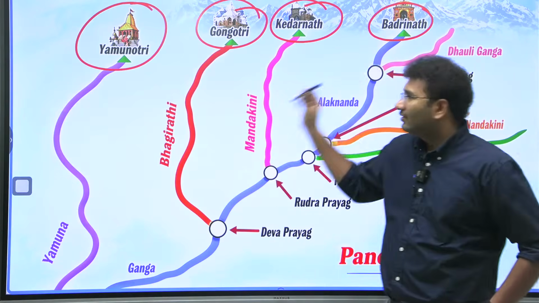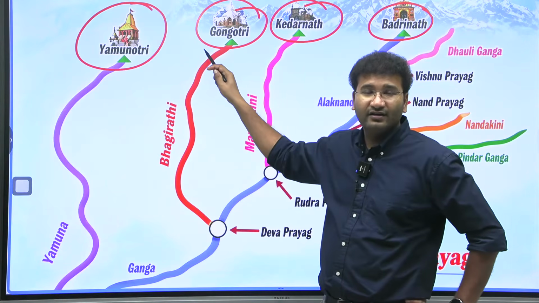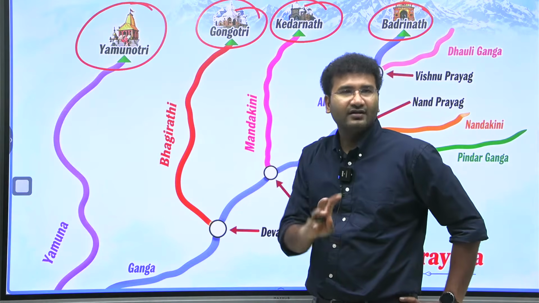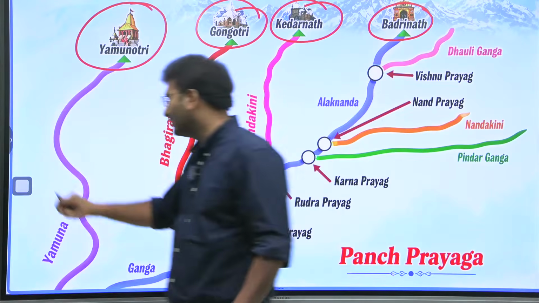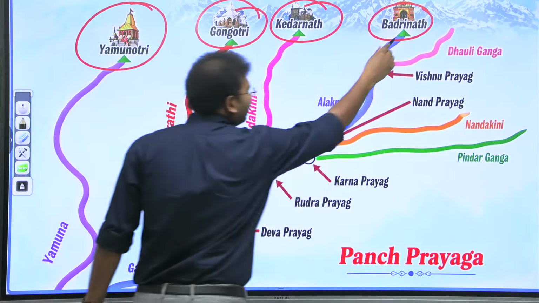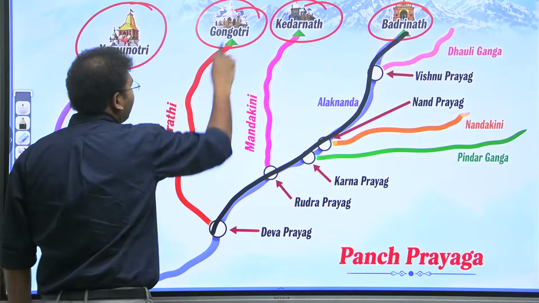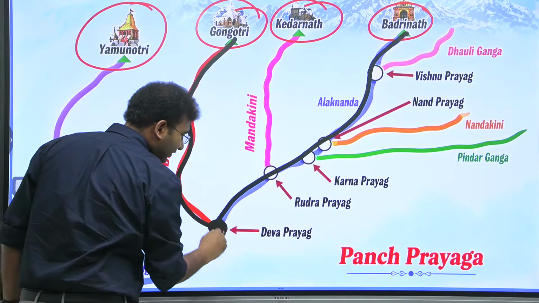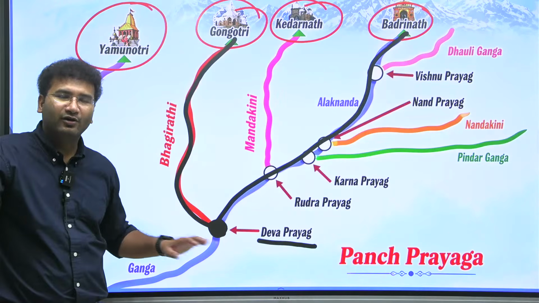Now come from Yamunotri, river Yamuna originates. From Gangotri, river Ganga originates, we call, but in reality, Ganga is called Ganga when Alaknanda and Bhagirathi meet. Okay? This is your Alaknanda. Follow this path. This is your Alaknanda and this is your Bhagirathi. When they both meet at Devprayag, we call this river Ganga. Until then, Ganga is not called Ganga.